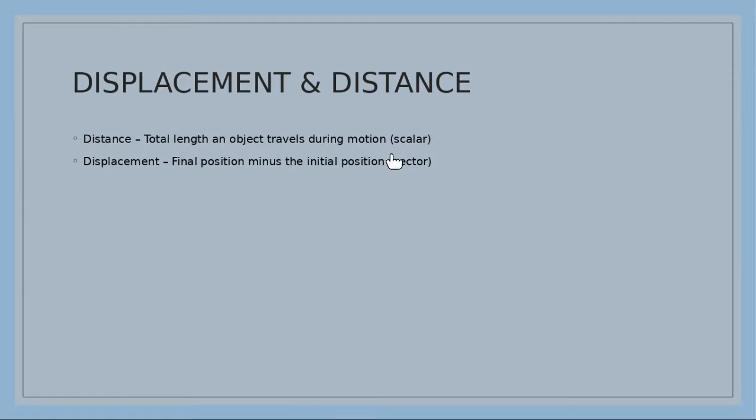And distance we think of as a scalar, where a scalar is an object that just has a magnitude. It doesn't have a direction associated with it. Whereas displacement is going to be your final position minus the initial position,